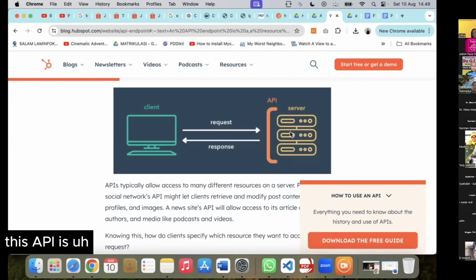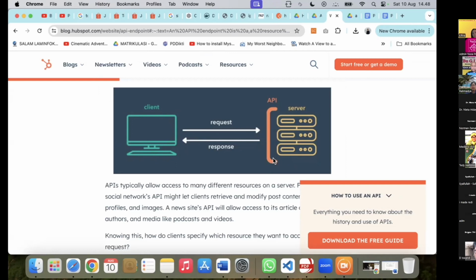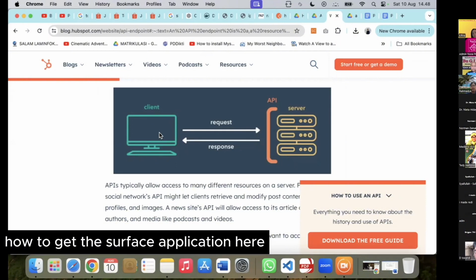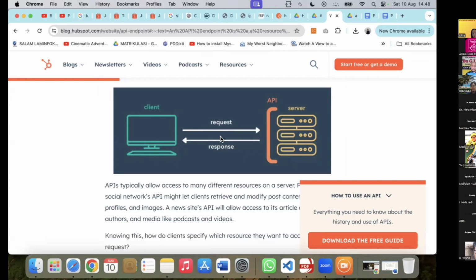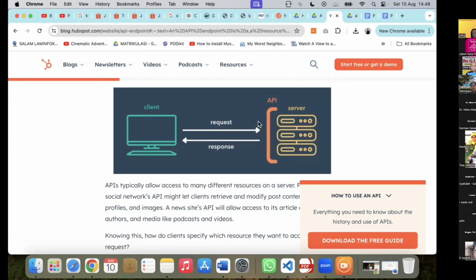This API gives service to every client that makes a request, to get the information or to get the service from the application, and then gives the response back. Some APIs usually use a token.